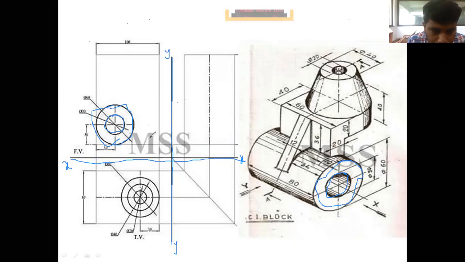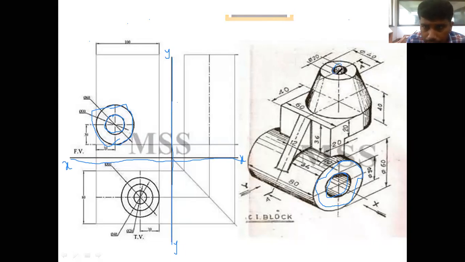Similarly, in the top view, we can see these things from either side. From the other end you can see this.